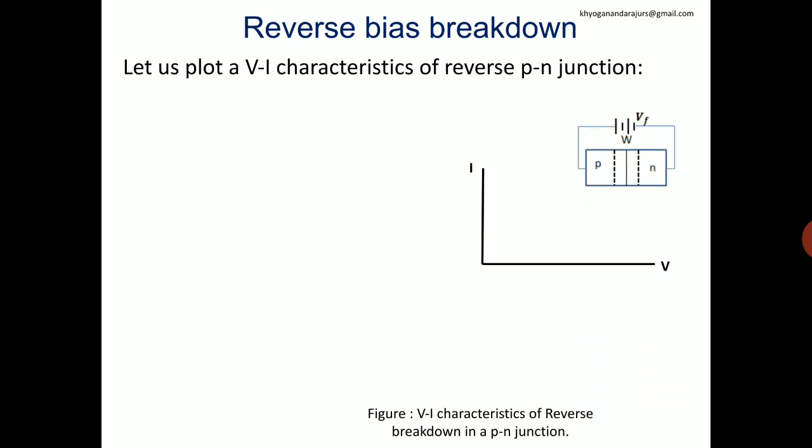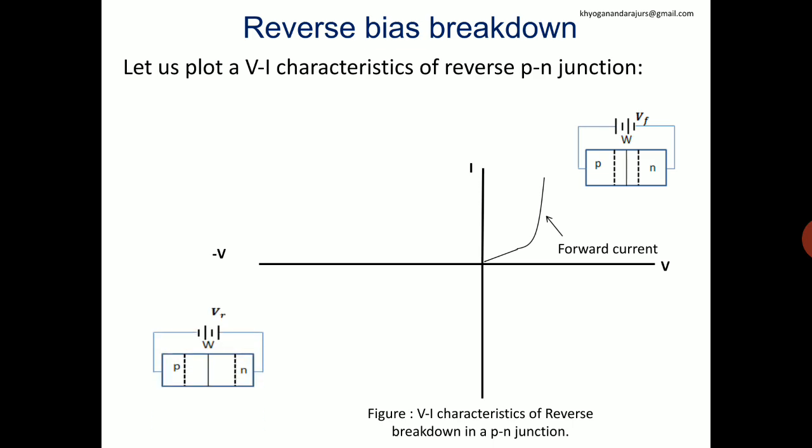Similarly, this is the positive coordinate, and we will plot the forward current with respect to the forward bias. This is the forward bias PN junction circuit, and the current is flowing as a forward current. We'll extend our plot for the reverse bias. You can see we are getting a negative voltage scale, and the current scale has been extended on the negative side also. We denote it as minus V on the negative scale, and we get the reverse bias PN junction.